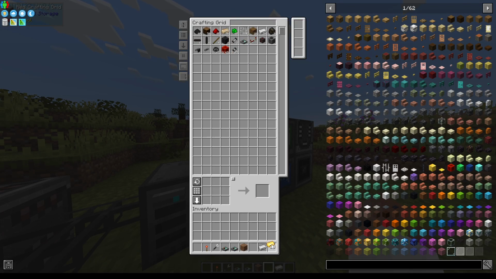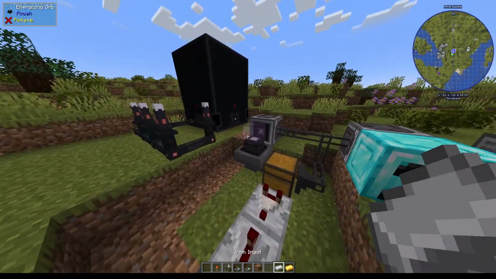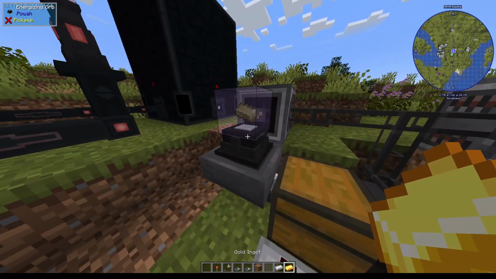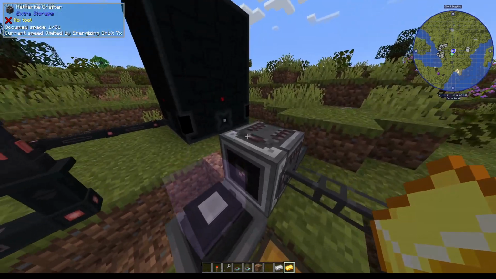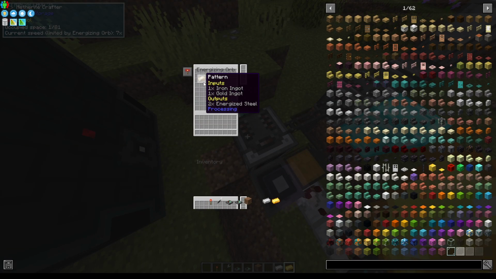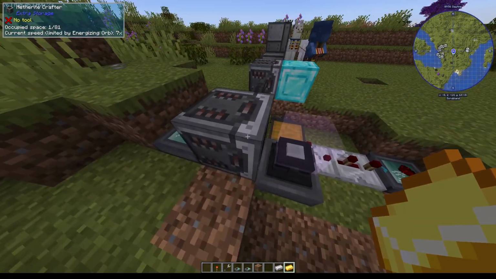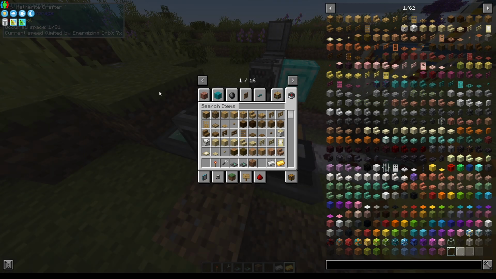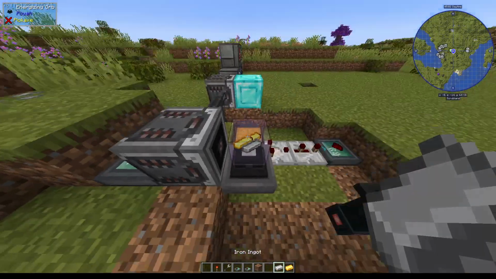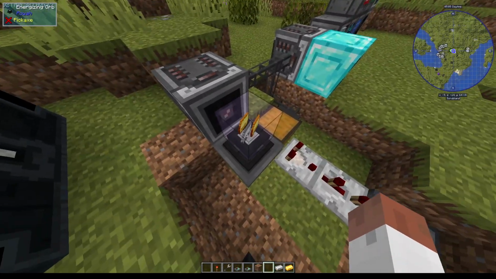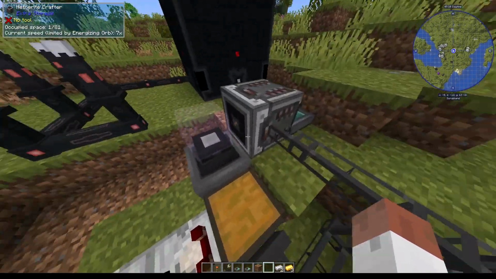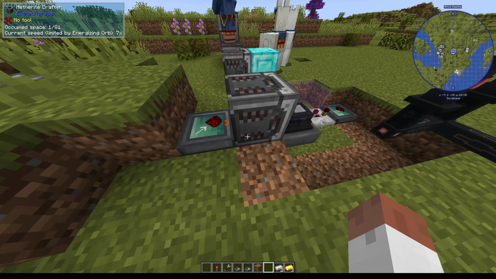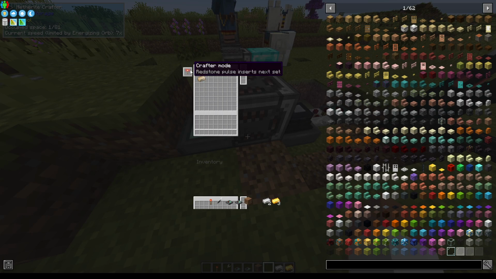Or specifically, it uses this as the recipe, gold and iron, right? But the machine, if you request from the recipe that we have here, which is, as I just explained, if you send multiple items into this thing, I'll show you right now. So, for example, like this, it's not going to craft anything because the recipe is all wrong, right? So what we can do to counter that is this crafter mode here,